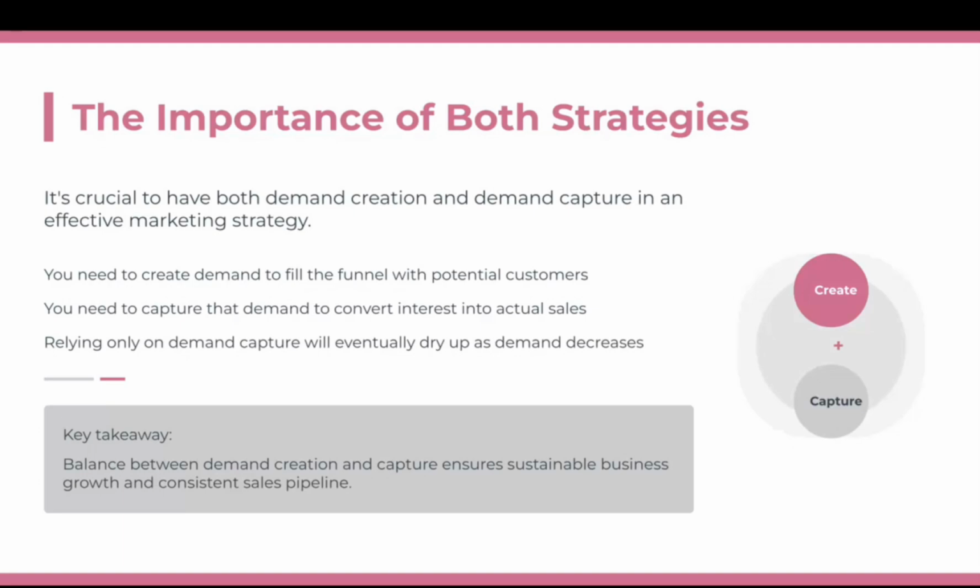Okay. You'll need to capture demand to fill the funnel with potential customers. So you need to capture the demand to convert the interest into actual sales. So relying on demand capture will eventually dry up as the demand decreases. That's why it's always important to be creating demand as well,